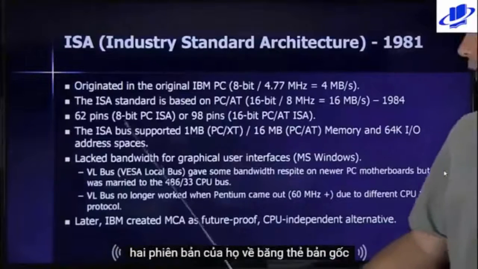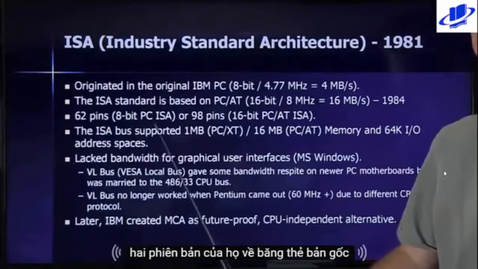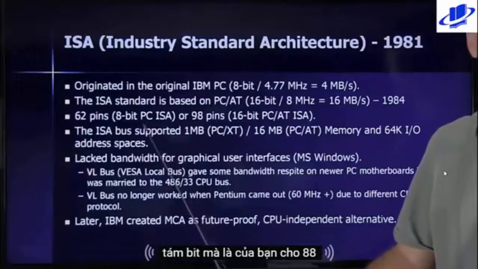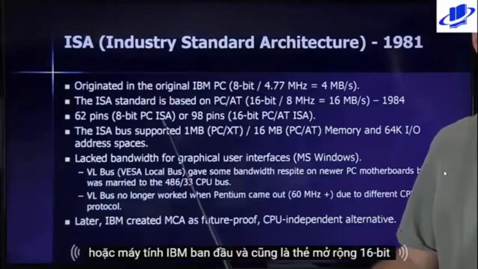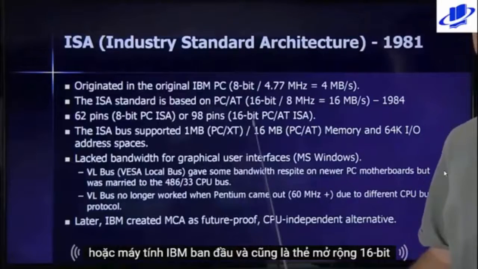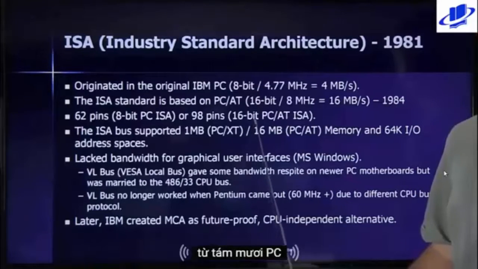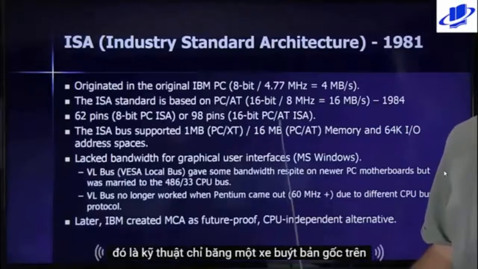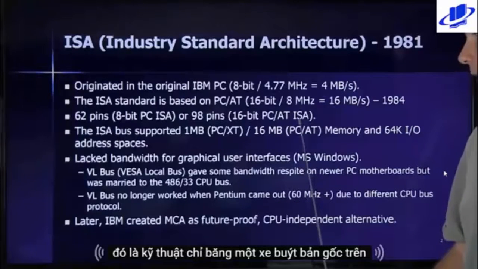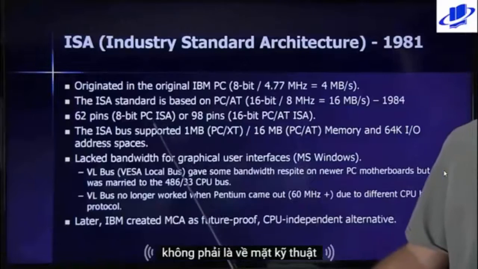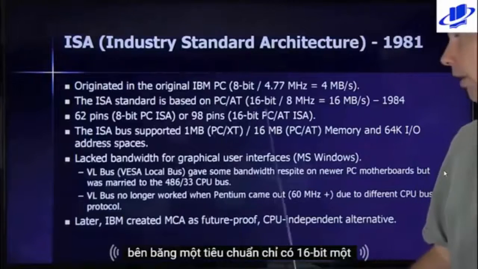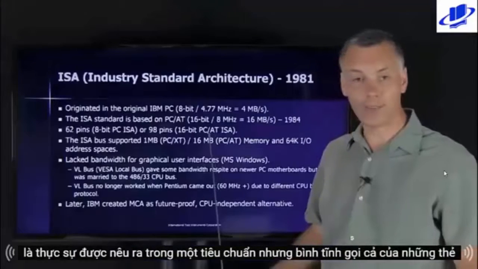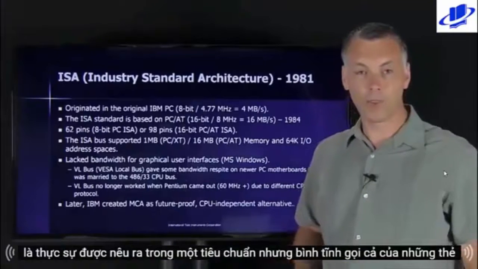There are two versions of the ISA card. The original 8-bit, which was used for the 8088 or original IBM PC. And you also have the 16-bit extended cards from the PC-AT, which is technically the only ISA bus. The original one is not technically part of the ISA standard. Only the 16-bit one is actually spelled out in the standard, but commonly we call both of those card versions